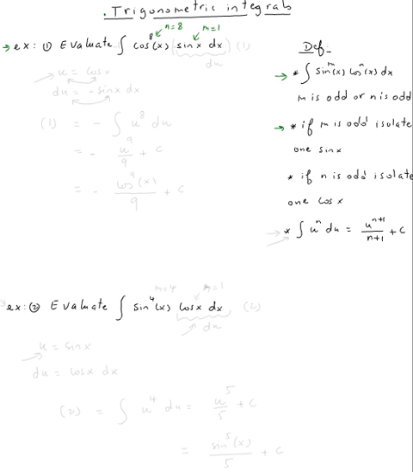It says if m is odd, isolate one sine x. Why do we isolate it? We isolate it for the du. So we want this to be du. Then all we do is use a substitution, u equals cosine of x. So let u equal cosine x. This means that du, the derivative of cosine, is minus sine